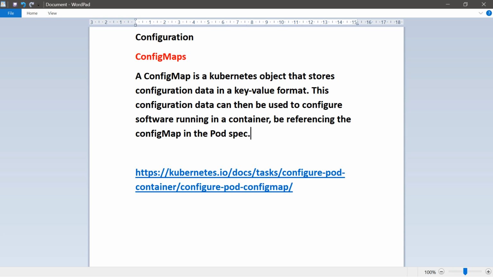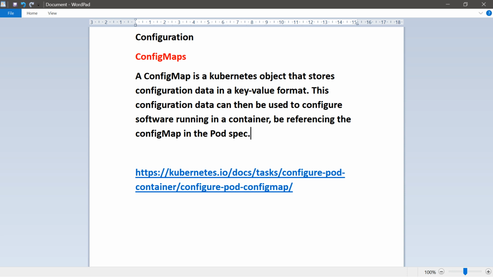A config map is a Kubernetes object which allows you to separate your configuration from the pods and components. As a result, it keeps containers portable and makes the configuration easier to change and manage.